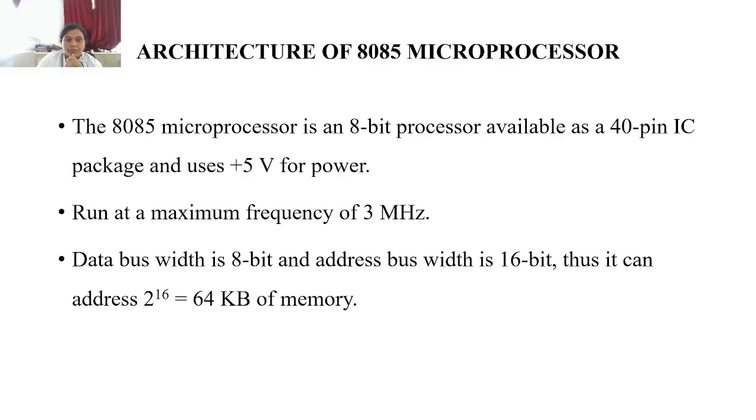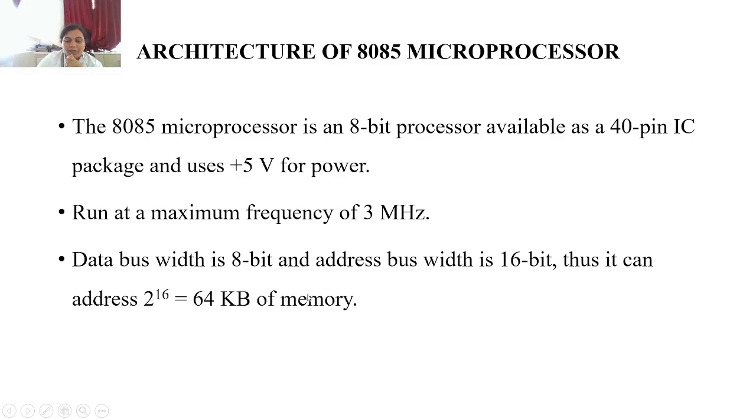microprocessor. The basic of the 8085 microprocessor architecture is that it is an 8-bit processor. We are using a 40-pin integrated circuit, and we are using a plus 5 volt power supply. It runs at a maximum frequency of 3 MHz, and the maximum address bus width is 16 bits. So we calculate 2 power 16, that means the combinations of zeros and ones over 16 bits is equal to 64